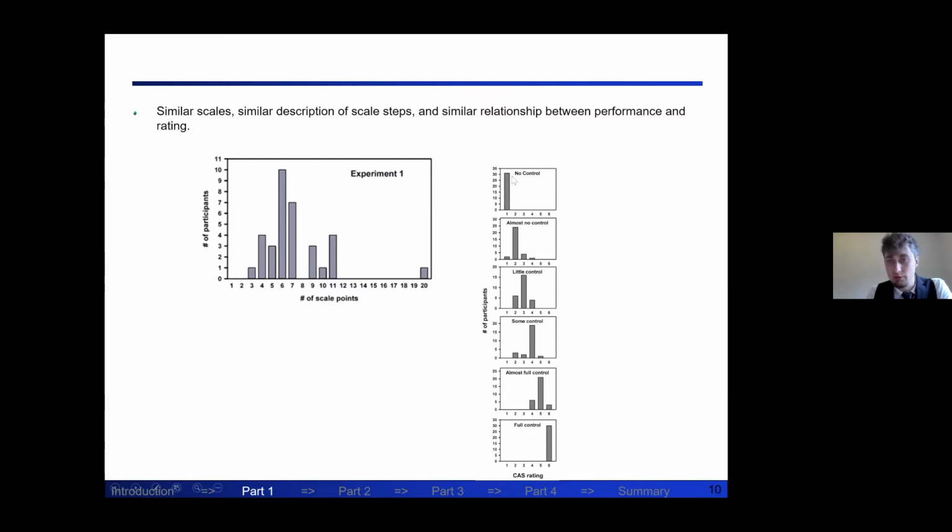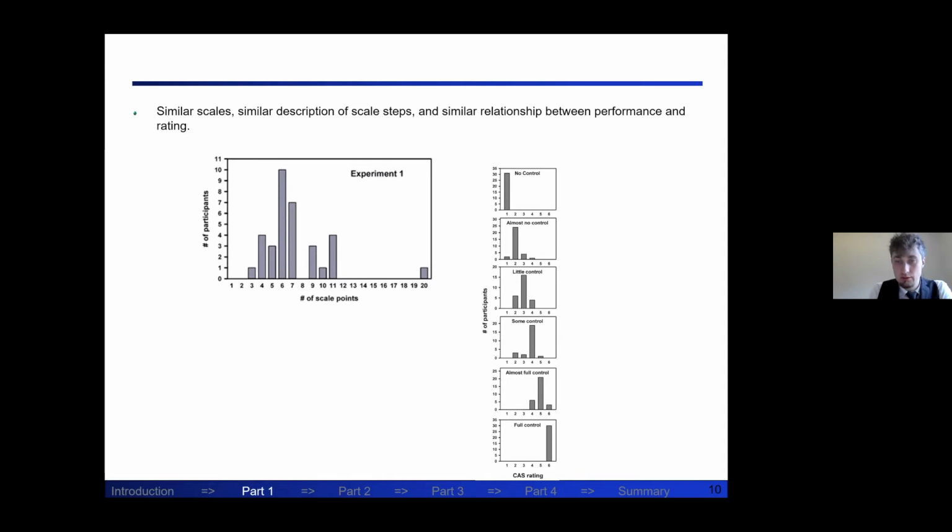And what you can see is that, so we suggested they would start each scale with the label no control and end it at full control. So it's not so surprising that nearly everyone chose to do that. But what is more interesting is that these intermediate ratings, they chose very similar wording, and that wording fits extremely well with each scale step. So you can see when people called it almost full control, it was nearly always when they were rating 5 out of 6 in terms of subjective sense of control over the cursor.